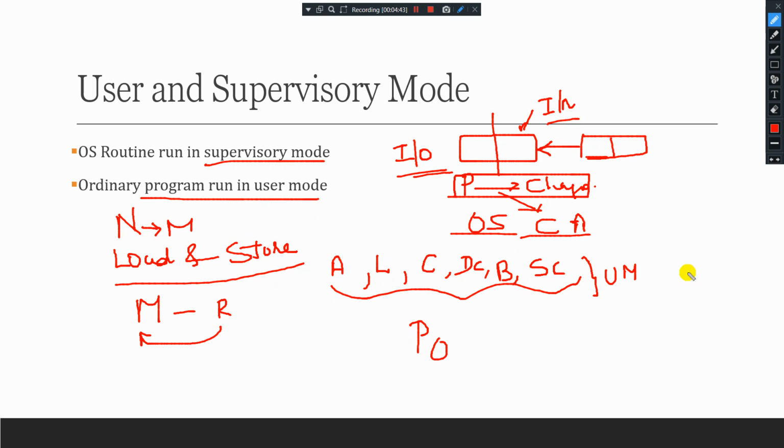But there is a lot of difference between user mode and supervisory mode. We know that in supervisory mode, I/O operations, interrupts, and instructions can change the processor modes. This mode can be accessed only in the privileged address space, like accessing data structures inside the OS. It should be inside the OS space. So this is called privileged or supervisory mode.